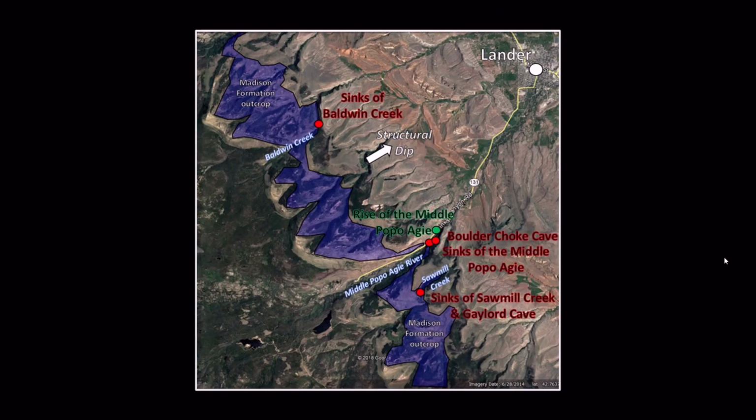Here's another overshot video of that area. Here's the Middle Proposia River. Here's the Sink and the Rise. One thing I want you to take note of here is Boulder Choke Cave, right where I showed you that the sink can overflow, and I told you that the river goes around it. Right over here, right behind the entrance to the sink, there's something called the Boulder Choke Cave, and